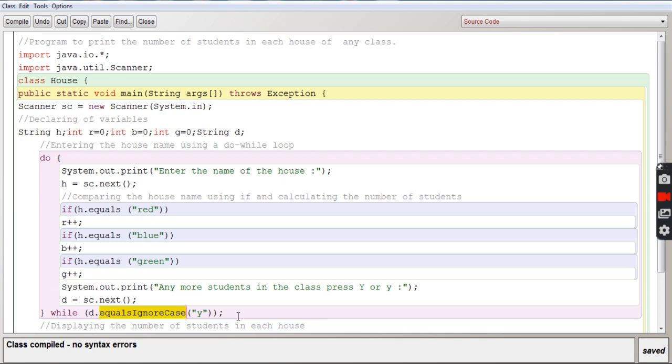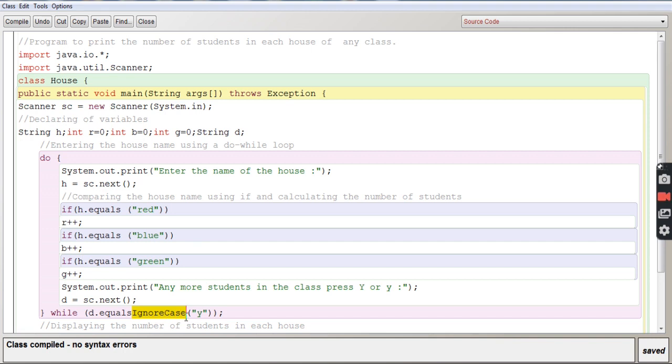equalsIgnoreCase is just going to compare the equality between the data entered over here and the value within the quotes. Within the quotes I have given lowercase y, and it says ignore the case.